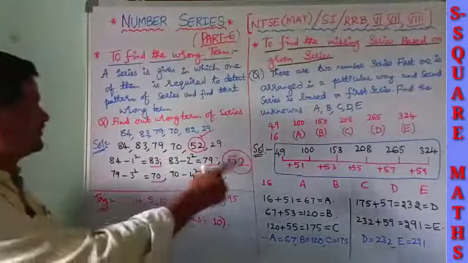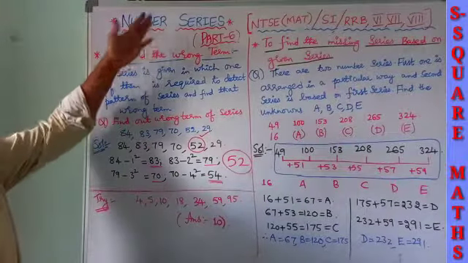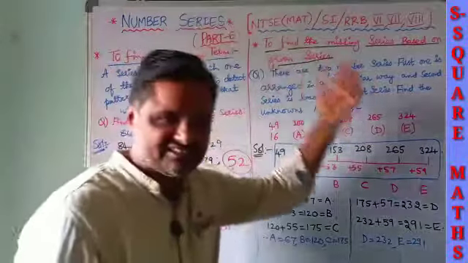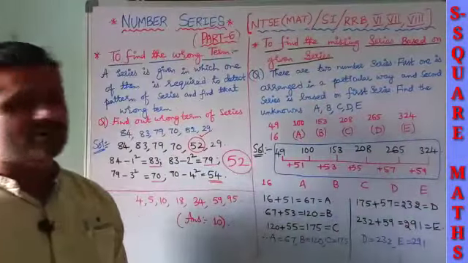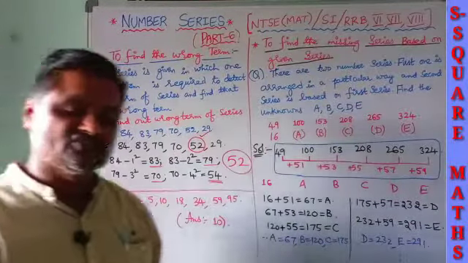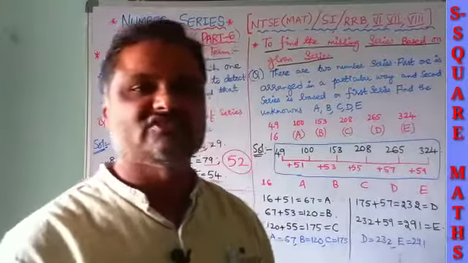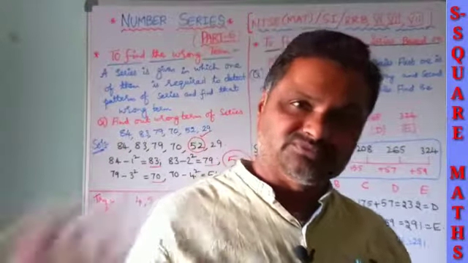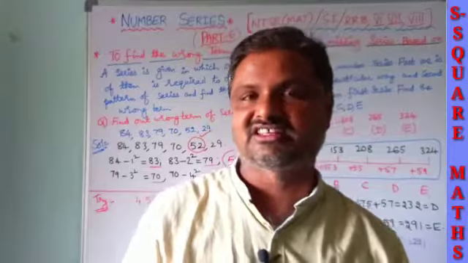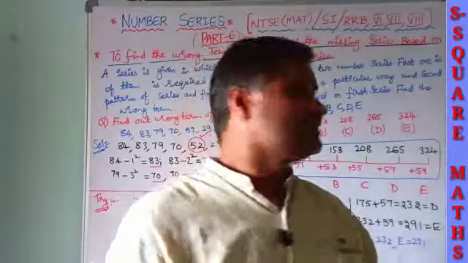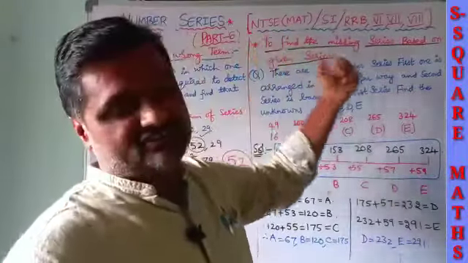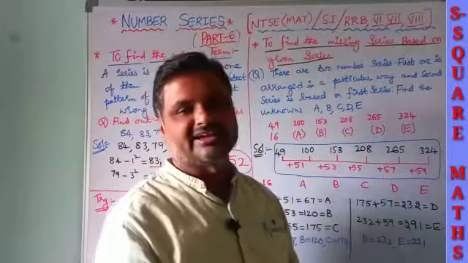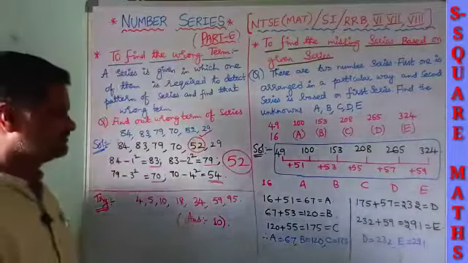Finally, please go through the video Number Series Part 6 to find the wrong term here. Next, to find the missing series. This plays a very important role for students of various standards, for 6th, 7th, 8th students, to develop logical thinking, and at the same time for competitive level examinations under quantitative aptitude, for the aspirants of NTSE math students and those who are going to write SSC, RRB and IBPS in the coming days. You can have a look.